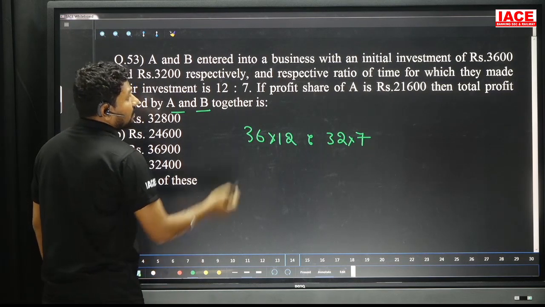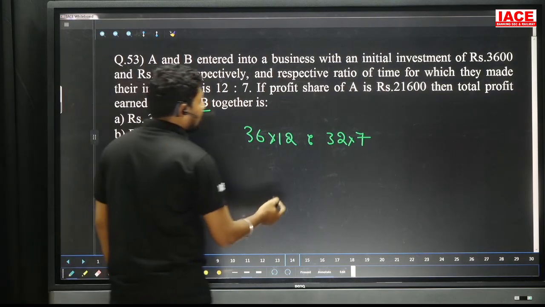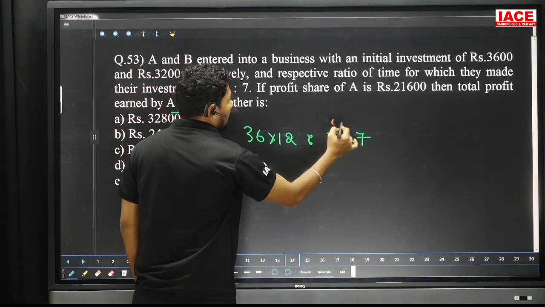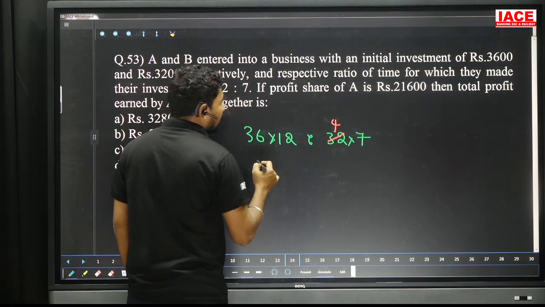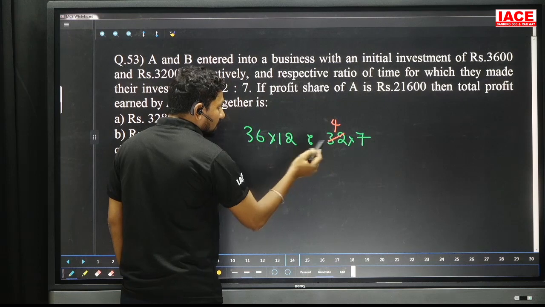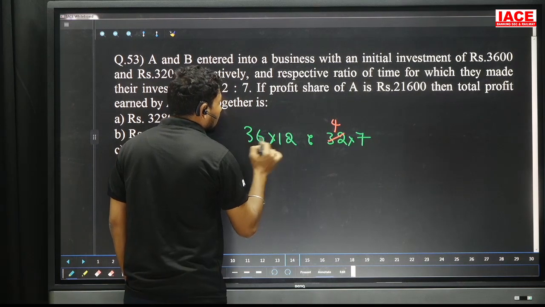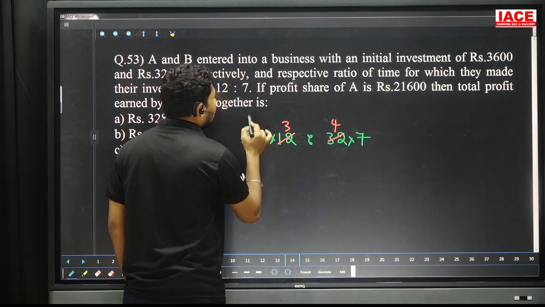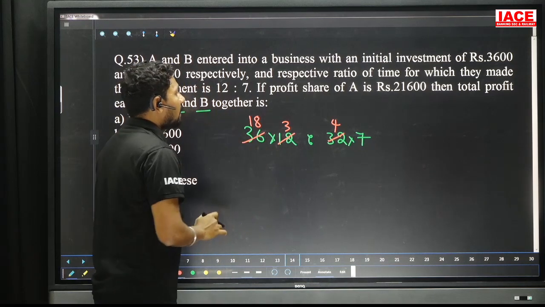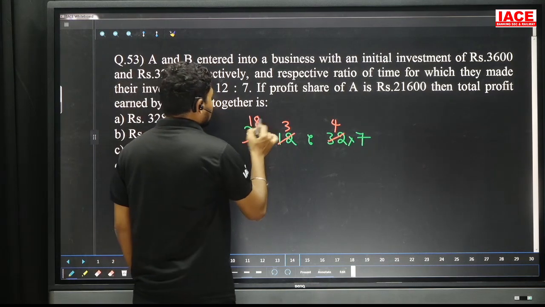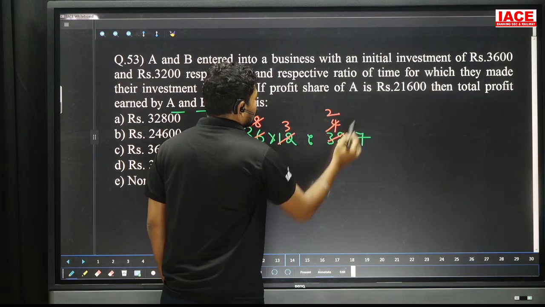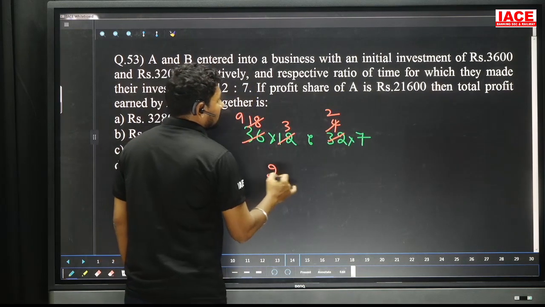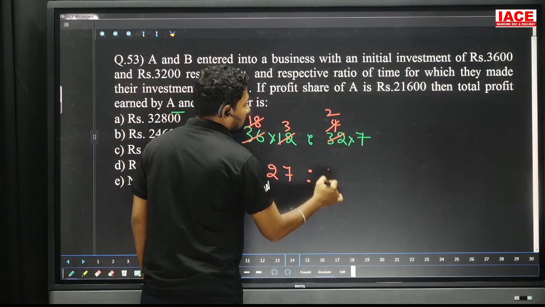So only the A value is given. First of all, cancel the values. 8 4s are 32, and 8 will cancel on this side also. Here 4 cancels, it is a 3 and it is a 18. 4 2s are 8 and it is balanced. And again cancel with 2. 2 9s are 18 and 2 2s are 4. And 9 3s are 27 and 2 7s are 14.